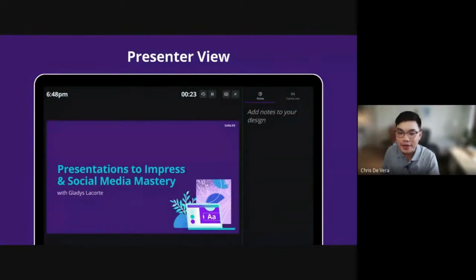Okay. So presenter view is what you would want to use if you have a sort of complex slide presentation, because it gives you an advanced view of your slides wherein you have a timer to show you how long your presentation has been going for. You have a section here for your notes, so you can add a script here per slide. And you can also view your succeeding slides and switch between slides